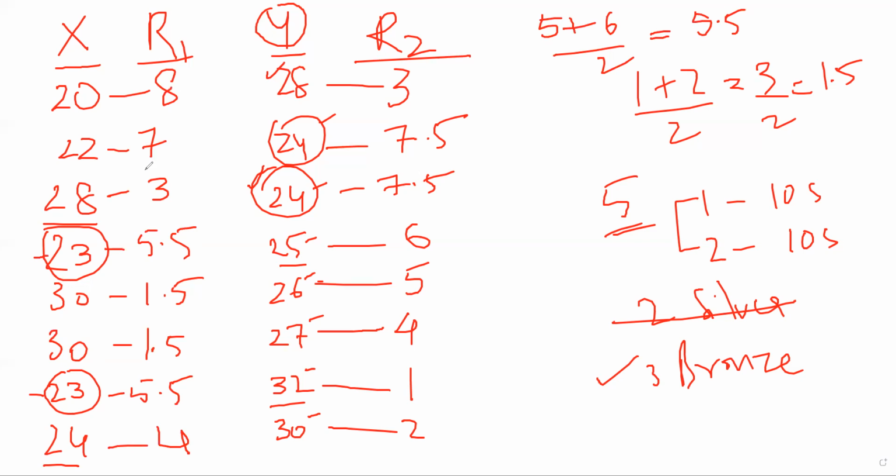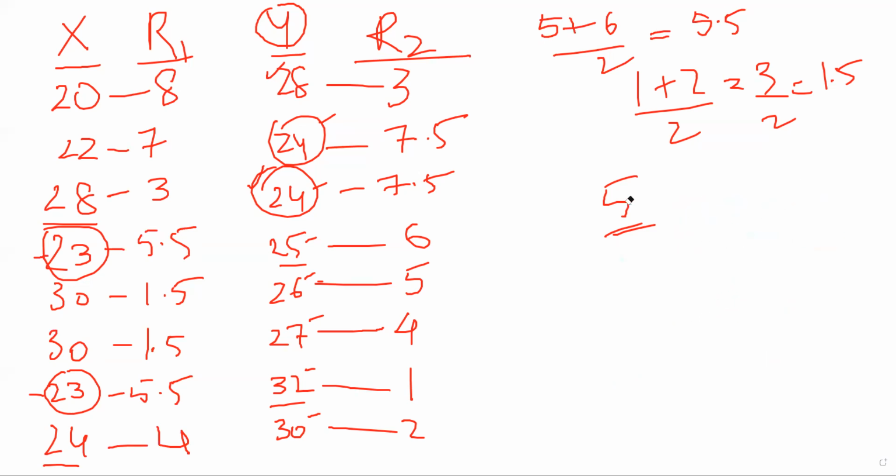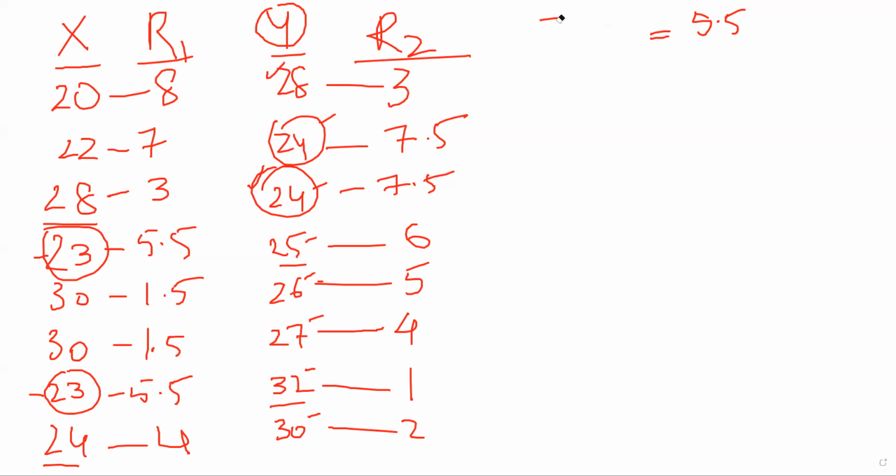That is how R1 and R2 are calculated if there is a tie in the data that is given, if there is a number that is repeated in that data. I do not mean a number that is repeated between X and Y. I mean a number that is repeated within X or within Y. So if you have 24 here and 24 there, you will not use this method. You can have it that way. That is not a problem. In a single data set, if you have values being repeated, that is when you use this method. Understood? I hope all of you understood this.